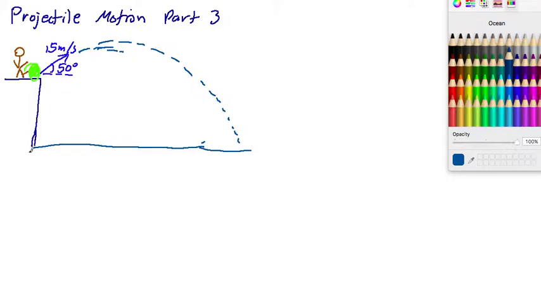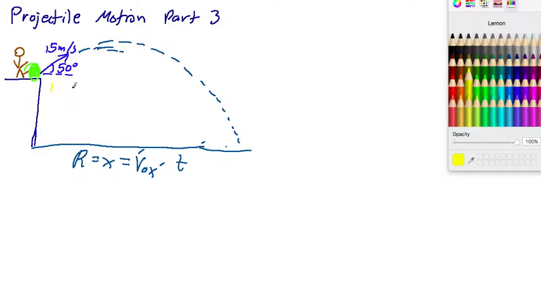Then from the cliff to the end of the building, that's known as the range, or x, or distance traveled. In order to find that, from last video we know that it's going to be v naught x times our time, right? We know our v naught x because if we break this vector into its components, from our previous videos and vector videos, we know that that's going to be 15